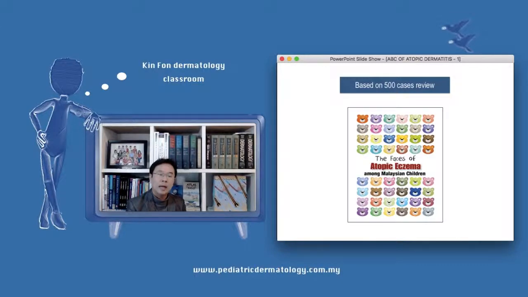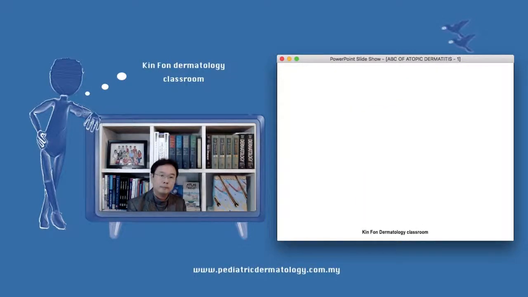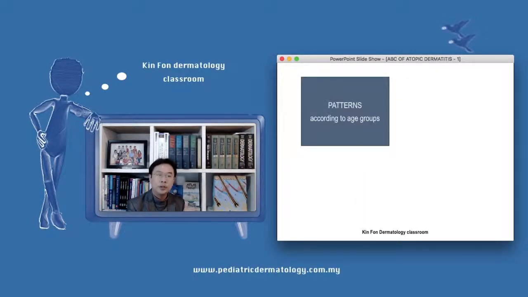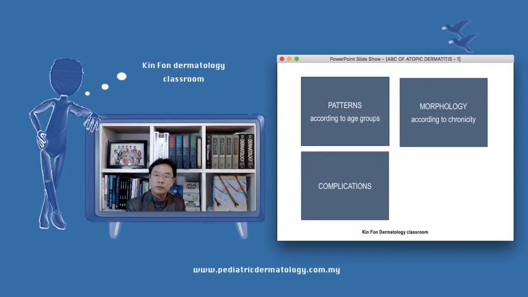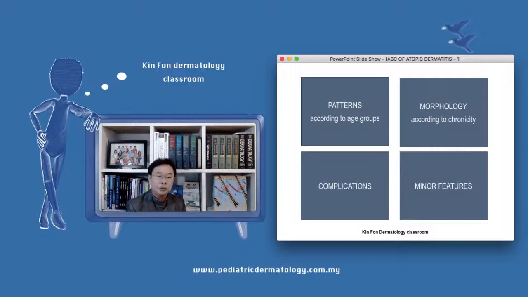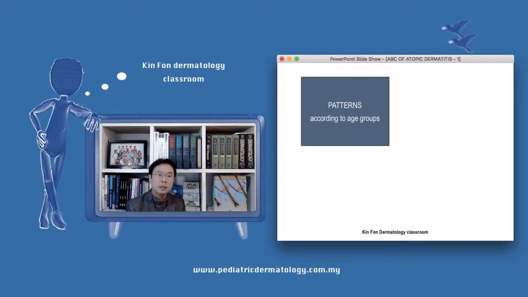In this booklet, I organize it more systematically based on 4 aspects. The first aspect is the changes in pattern according to age group, followed by the morphology according to the chronicity of the disease. Thirdly, the complications, often irritants, allergens, and infections. And not to forget the 23 minor features of atopic eczema according to Hanifin and Rajka clinical criteria for atopic dermatitis. Without further delay, let's take a look at the first one, which is the pattern according to the age